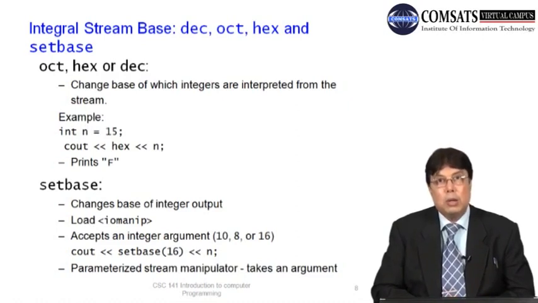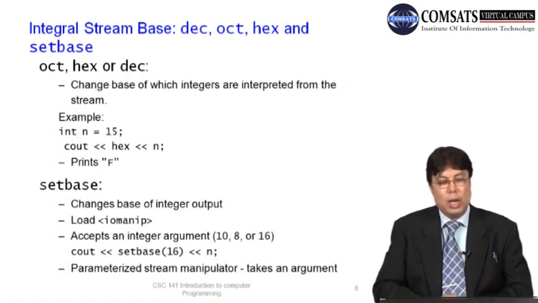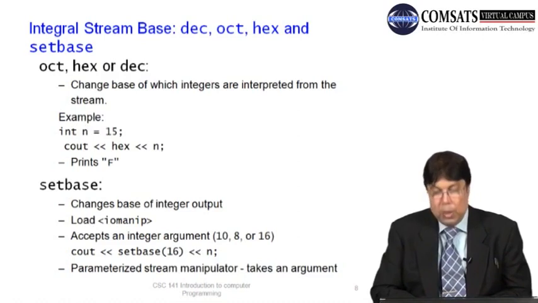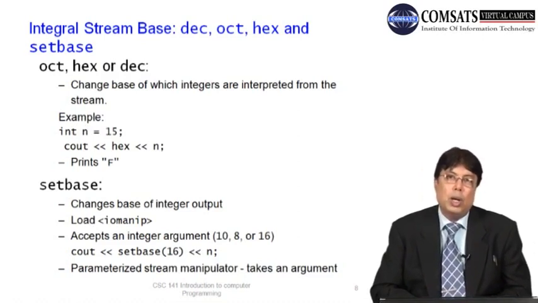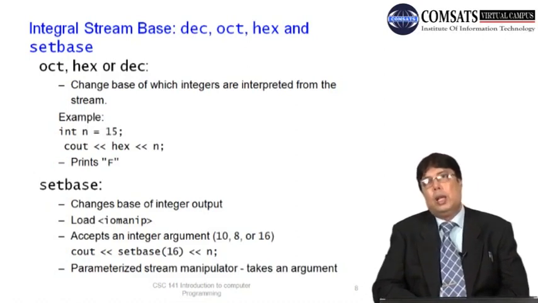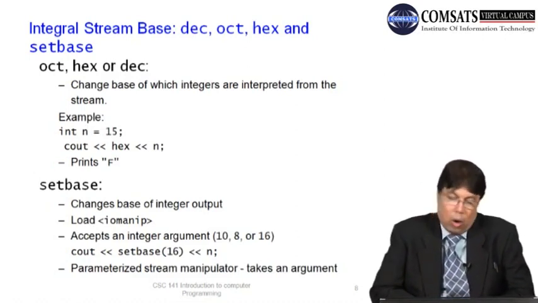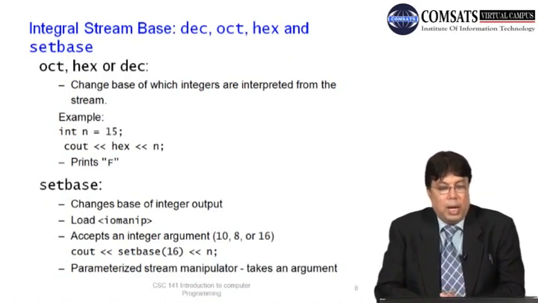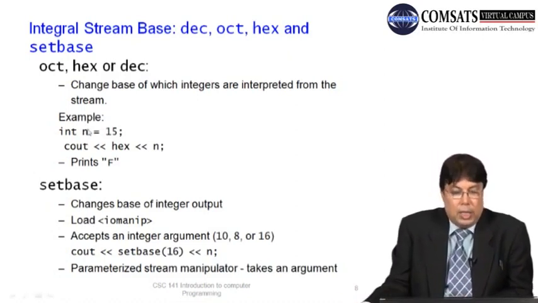This is a very interesting manipulator function. Suppose you have read a number and you want to print it in hexadecimal, octal, or decimal format. You can always do that with the help of this wonderful facility provided through stream manipulators. So, integer n is equal to 15, then you can say cout hex,